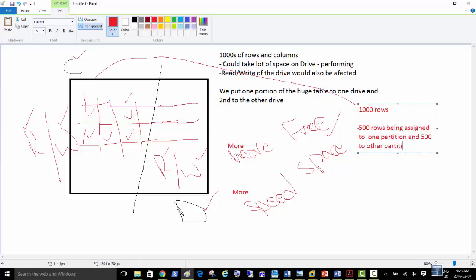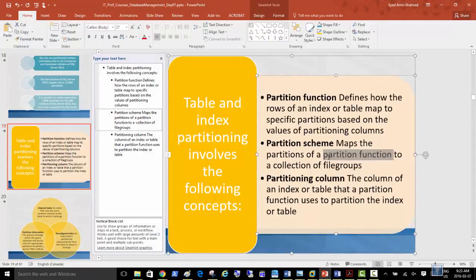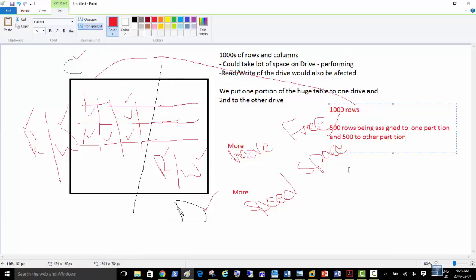This is just 500; otherwise it's always thousands. So maybe 50,000 rows are there, so you would go for 25,000 in one partition, or even fewer than that, and keep creating more partitions, right? And then the partition scheme maps the partitions of a partition function to a collection of file groups.